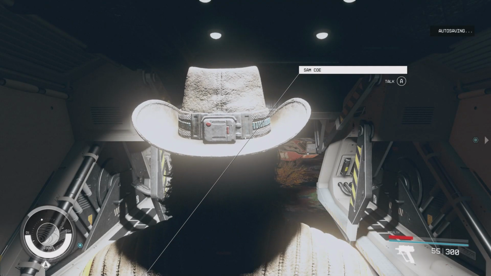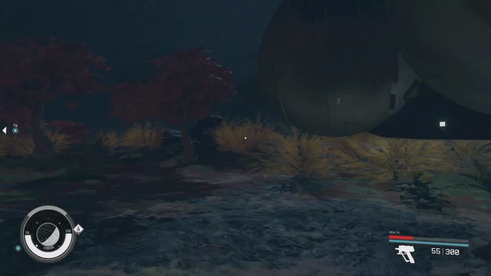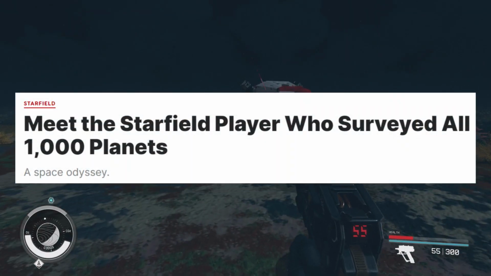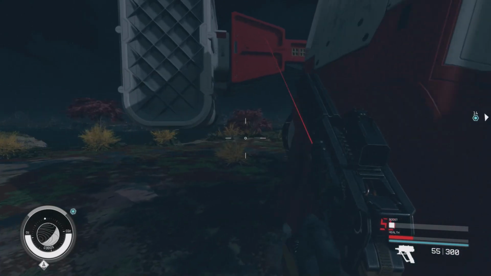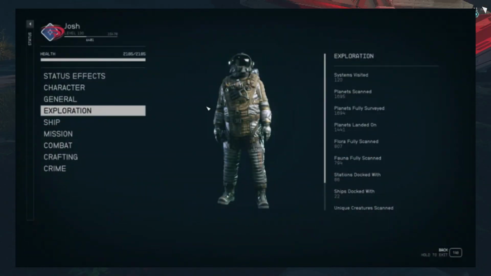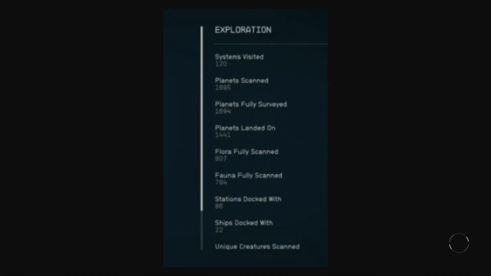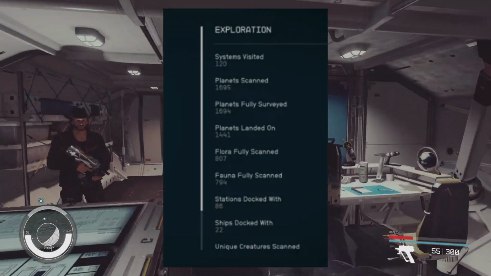Josh, or as they are known on Reddit, Doom Zero, is the Starfield player that last week took to the Starfield subreddit to stake their claim. A true scientific explorer, with the thread's title reading, "Fully surveyed every planet possible." The screenshot shows the details of this monumental effort. Now on the side of this screenshot, you can see right here, at over level 130, they managed to visit 120 systems, with planets scanned being 1,695, planets fully surveyed